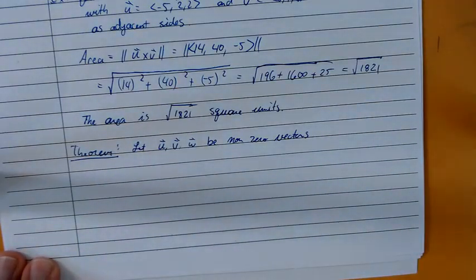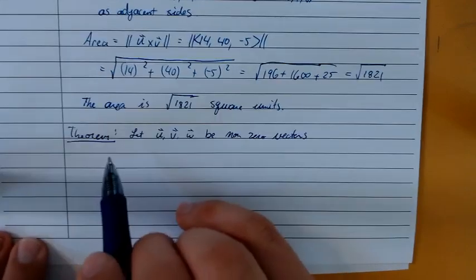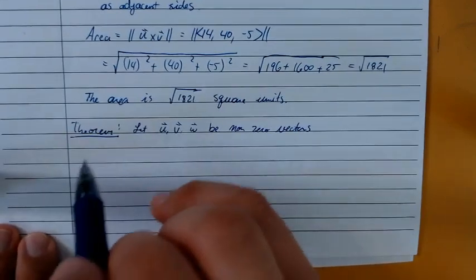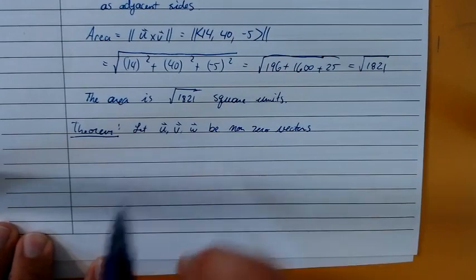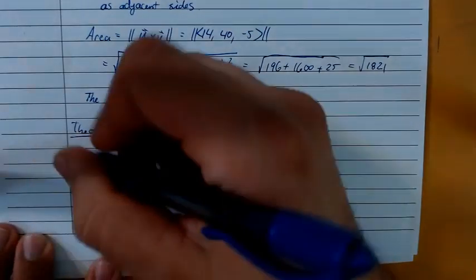Then we're going to define, well, you know what, let's go ahead and write out the computation and then we'll state the definition at the end. So let these three be non-zero vectors. Then the volume